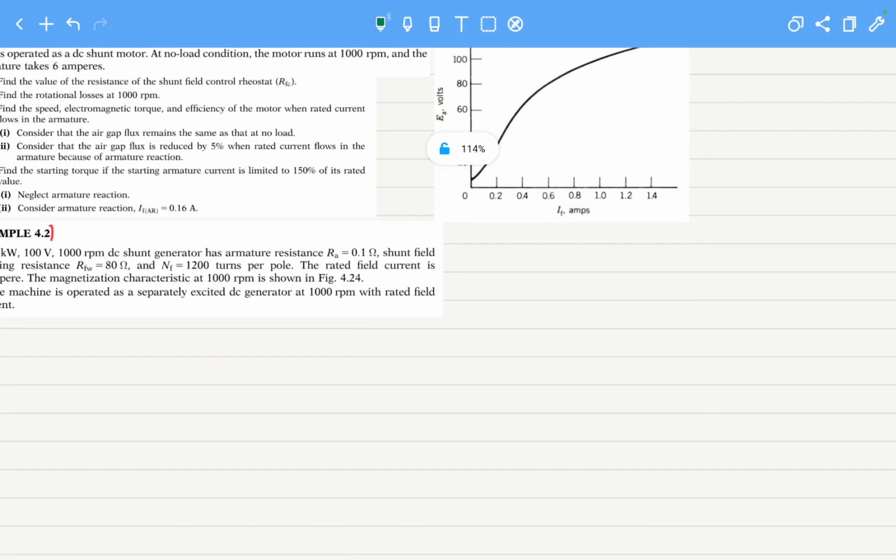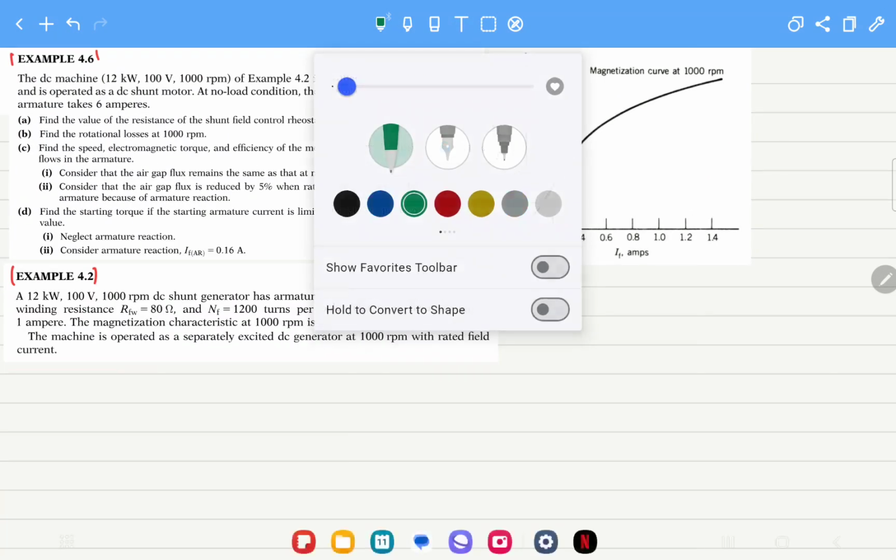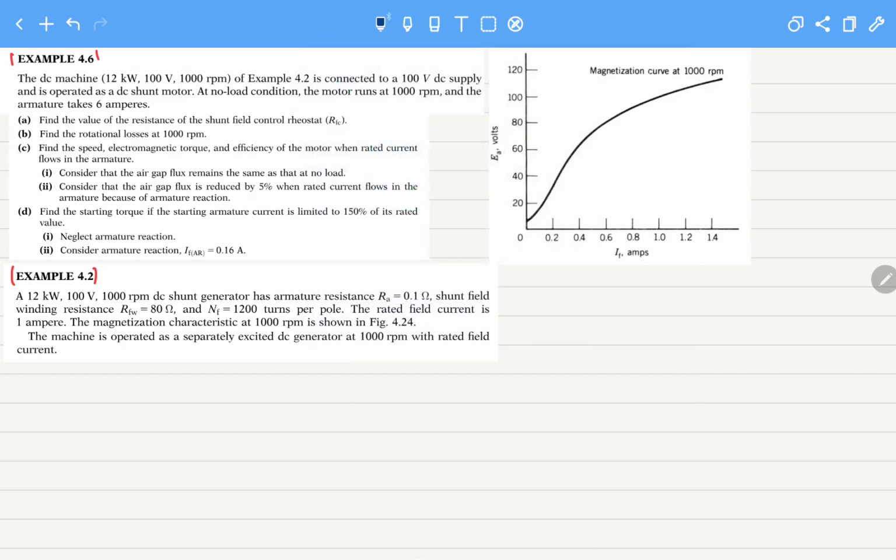So this is the question. We have a DC machine of similar rating as discussed in example 4.2. It is connected to a 100 volts DC supply and is operated as a shunt motor. At no load condition, the motor runs at 1000 rpm and the armature takes 6 amperes. So the motor is not loaded. Its source is a 100 volts DC supply, and for our DC machine, a shunt motor,